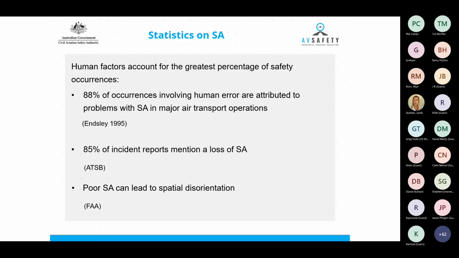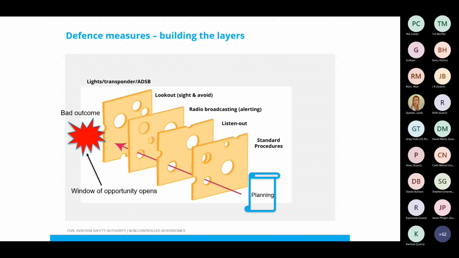So what I'd like to do is just move on to the next slide, and I'll introduce the Swiss cheese model to you. I'm sure a lot of you, if not all of you, have seen the James Reason Swiss cheese model, and the Swiss cheese model was coined by one of James Reason's PhD students. He didn't name it that himself, as one of his PhD students said, this looks like, or could be thought about like a few different layers of cheese